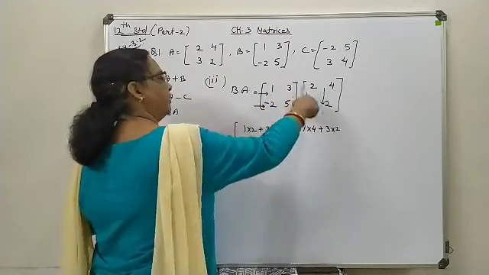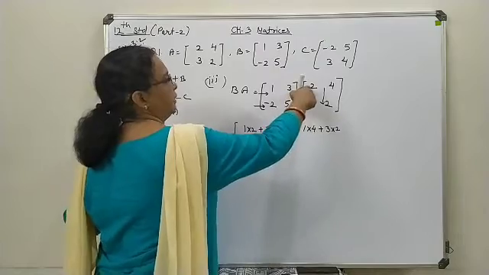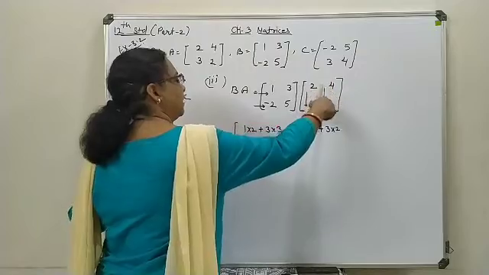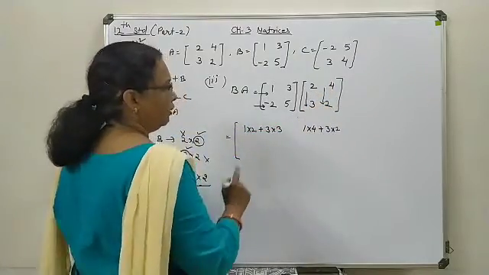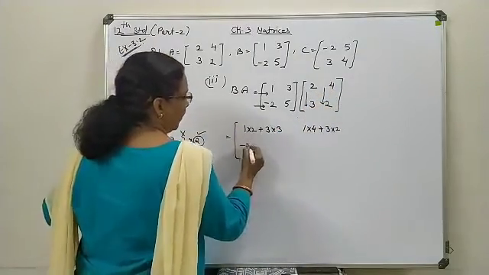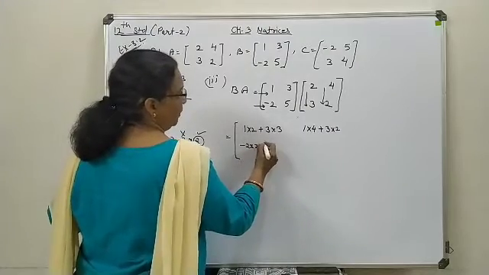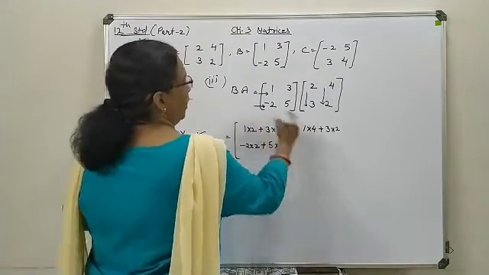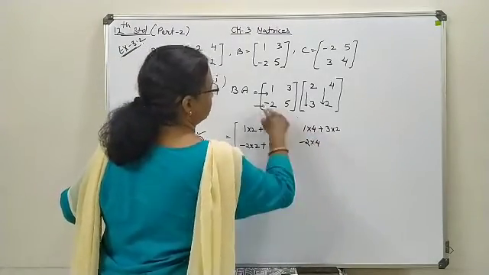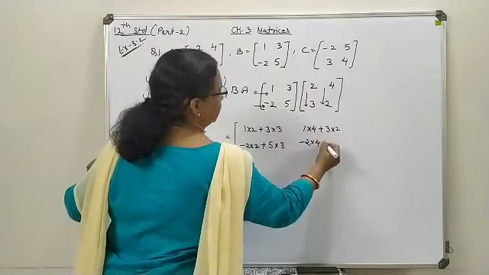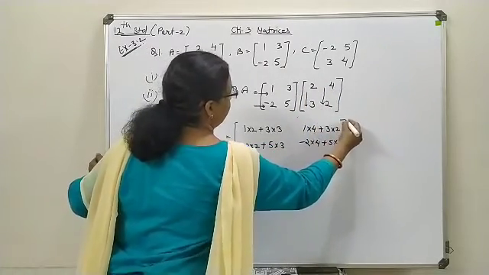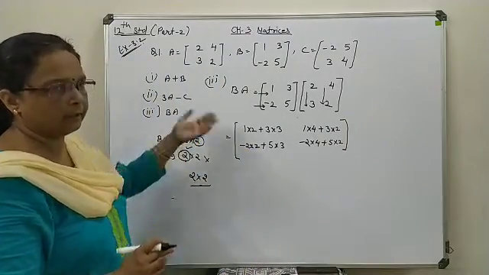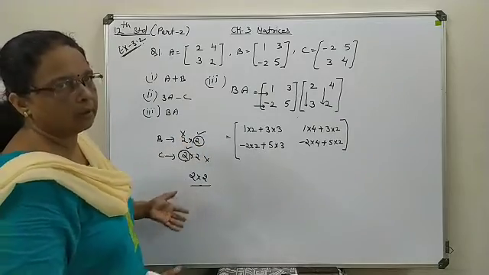In the second row, again in the same manner, first of all these two elements will multiply with the respective column position. Then the second row again multiplies with the second column position and this position will be fulfilled. Now first of all minus 2 multiplied with this 2 plus this 5 multiplied with 3, minus 2 multiplied with 4, this one 5 into 2. Plus is compulsory everywhere. If any element is carrying a negative sign, you write it first as such and then change it as per the product form.